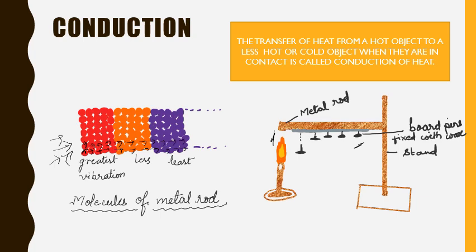The conduction of heat is more effective when the molecules are packed close together. Why? Because the vibrations will be transferred very soon. And this is the reason why conduction is very fast in solids. In a liquid, since the molecules are further apart, there is a little conduction. And in gases, there is almost no conduction because the molecules are far away from each other. So we can say that conduction is the most in solids.